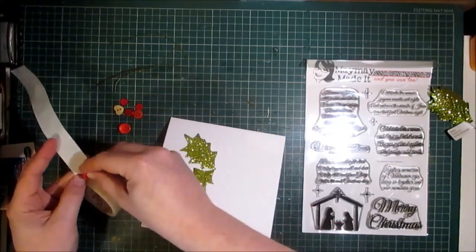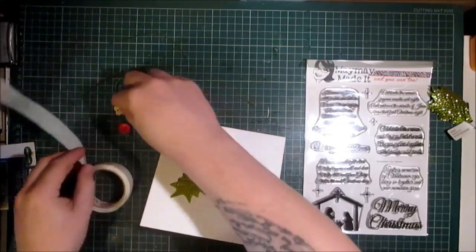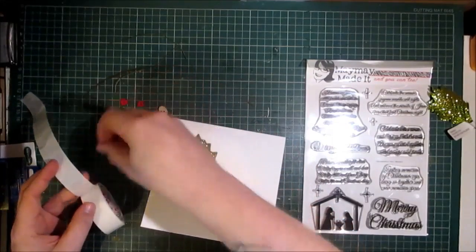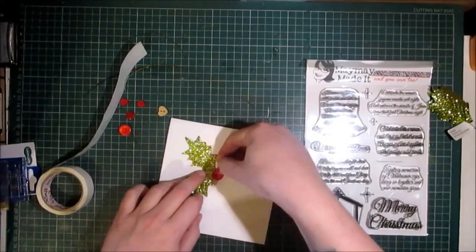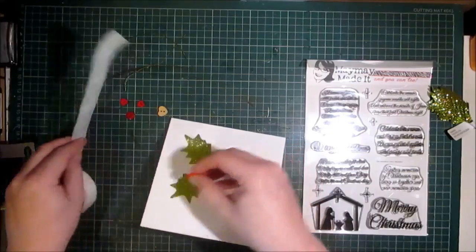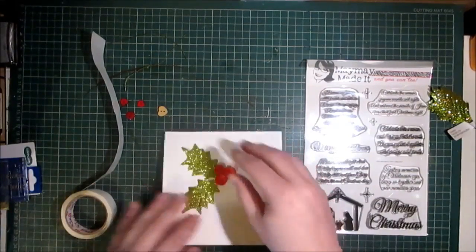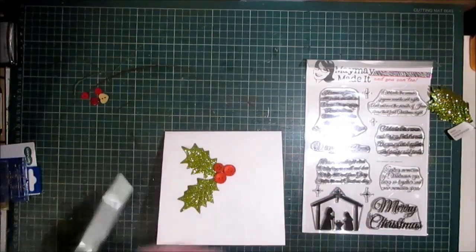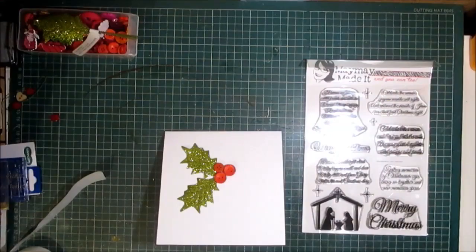And you could hot glue these, you could use your art glitter glue, but I'm just using glue dots for speed. Because these particular glue dots are really good, really strong. Alright, so I'm going to use the buttons I decided on, the ones that are available from my store, and then I am going to